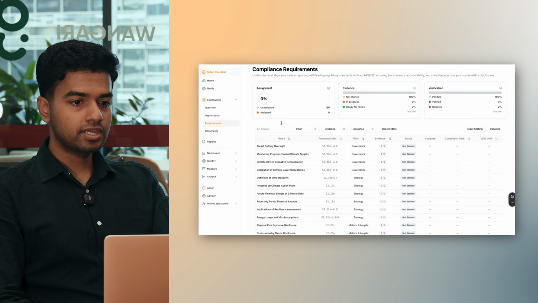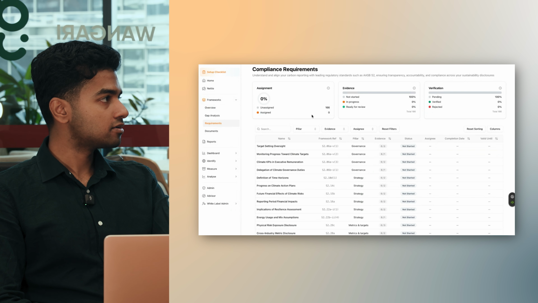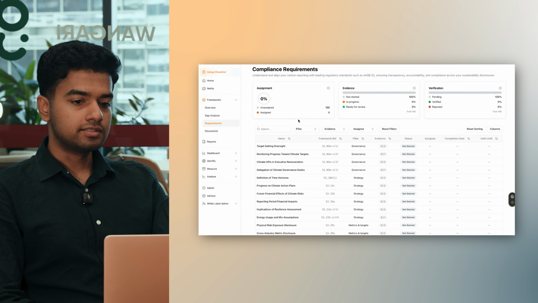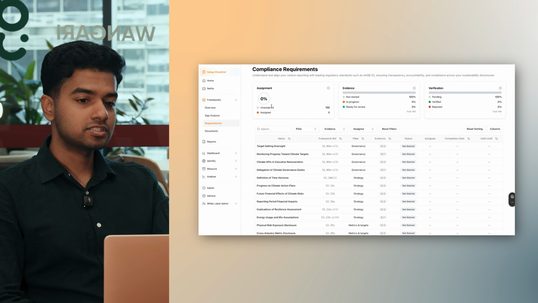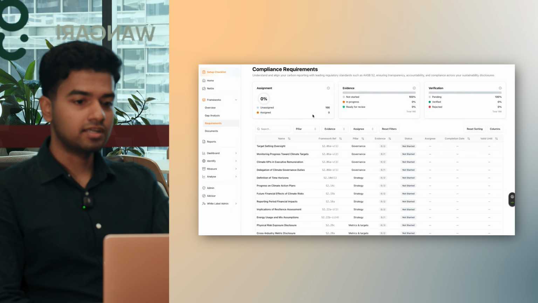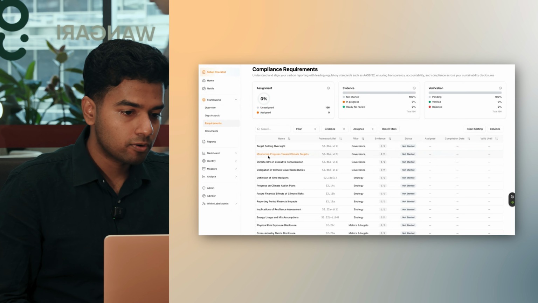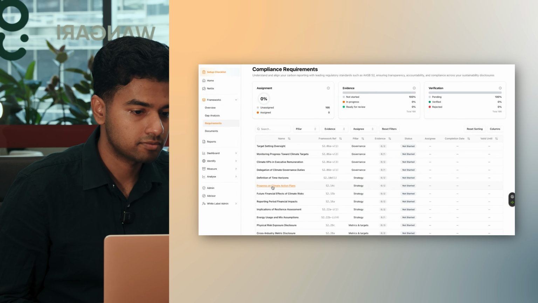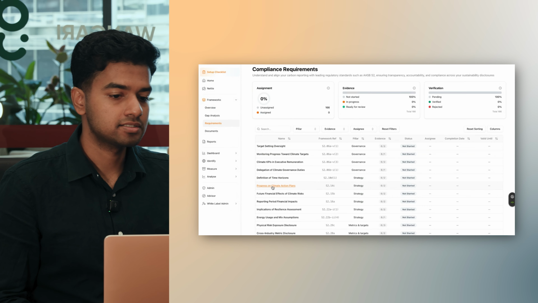So you're looking at the requirements page right now, which is coming from a framework that we have chosen to report on. And over here, you can see that we have made absolutely no progress yet, so you can see the amount of progress you have made and the requirements that you have to meet. So if we go into a requirement, for example, progress on climate action plans that your company wants to do,